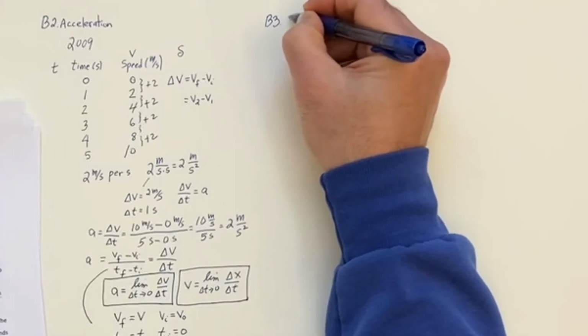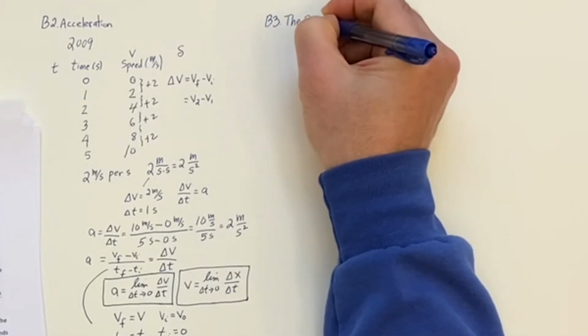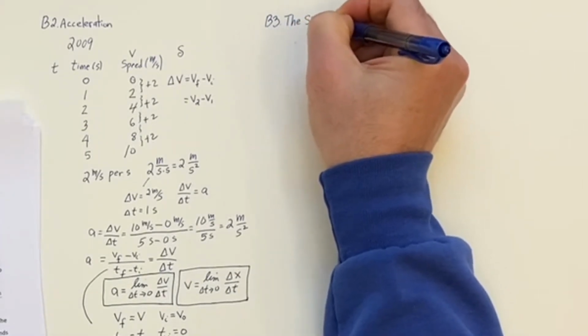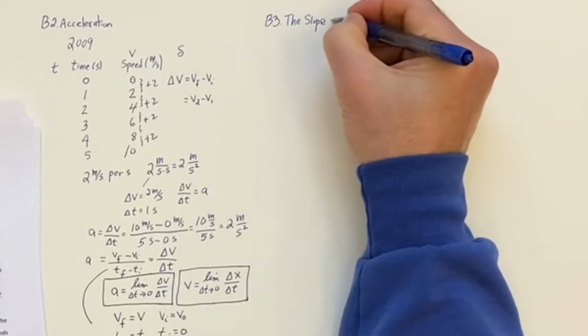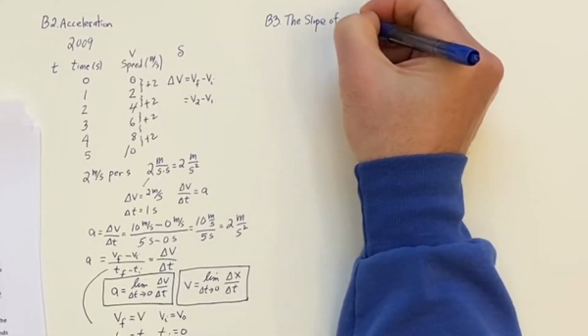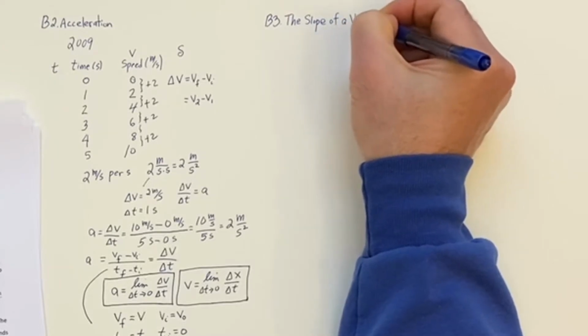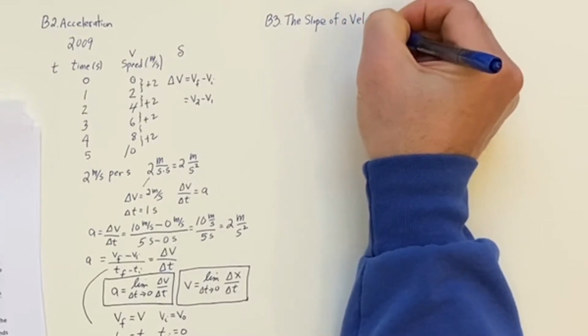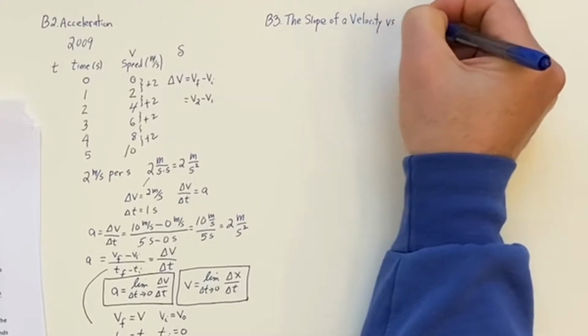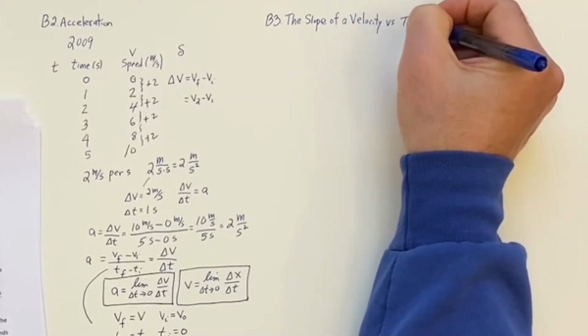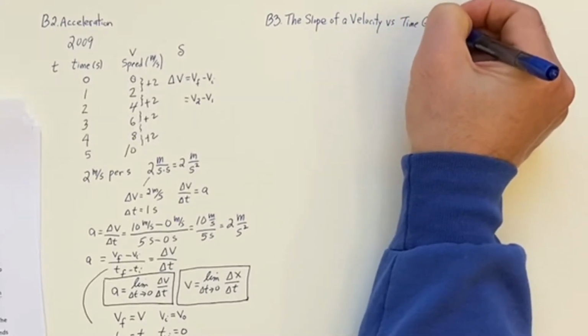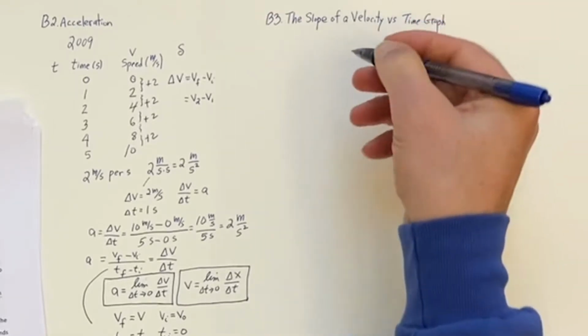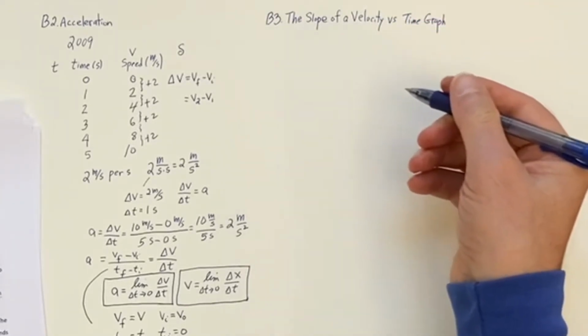B3, the slope of a velocity versus time graph. This is going to show us the concept of the acceleration,